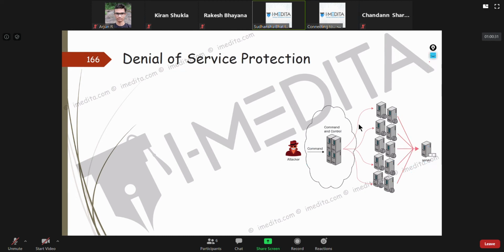Similarly, it's not always just ICMP or ping packets. Sometimes it could be TCP, and in TCP, commonly what they do is a SYN flood attack. Now, what's the SYN flood attack?